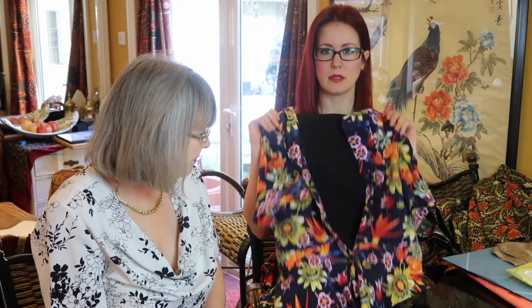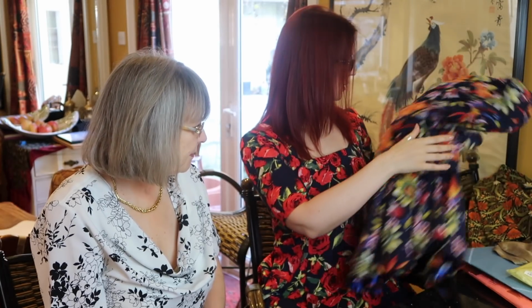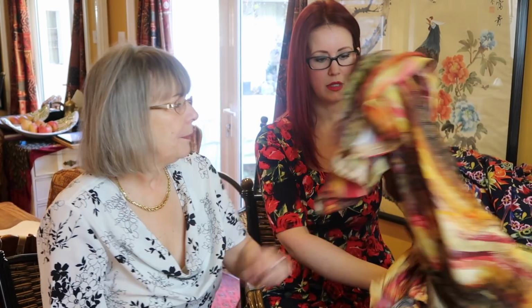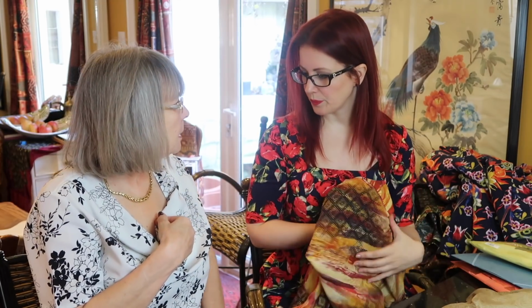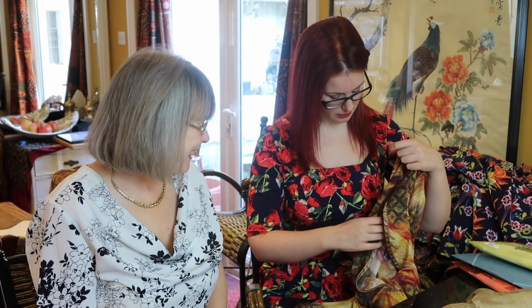But yes, so that's the last dress we have to show you. And then there's more of these tops. Which one was the first one you made? This one actually. Yeah, this was my wearable muslin. She refuses to make actual muslin, so...